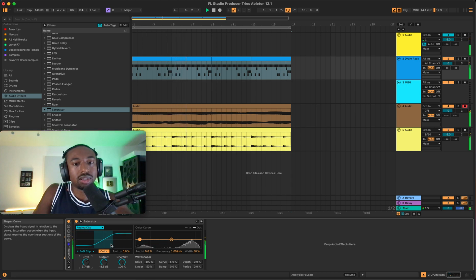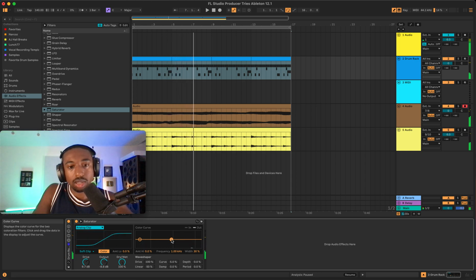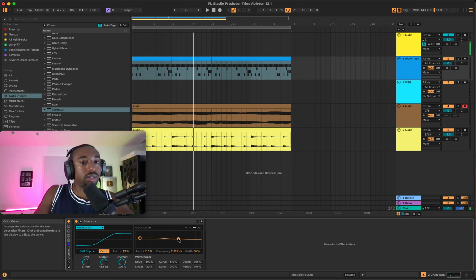That's pretty heavy. All right, let's see what this color curve means. I guess we get EQ. I don't know how to use this thing here. What is this? All right, so this looks like a low shelf, and then this one looks like a precision point. So not a high shelf. I would assume they would give you a high shelf, but I guess not. And what does this mean? Okay, so this is the boost, this is the frequency, and we can make the width bigger. So I guess that could be a high shelf technically. So let's cut the highs.